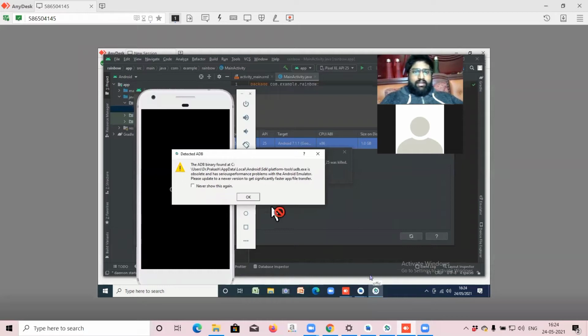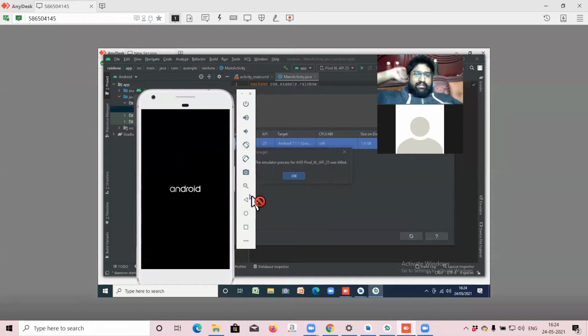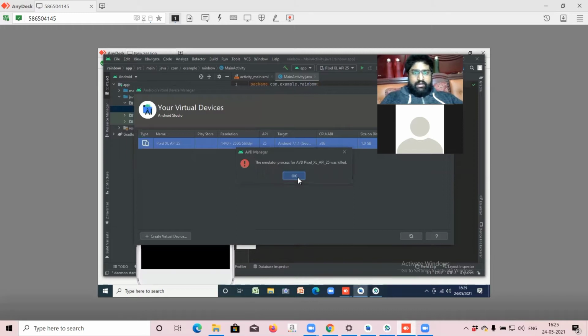No, that is fine. Right now your AVD is working. So AVD is success. But it is killed. It's because the system is too slow. Your AVD is getting killed. It's because right now we are using the Zoom call, the disk, everything. That is the reason it is killed. The network is slow. You don't need to close the AVD. Keep it as it is.